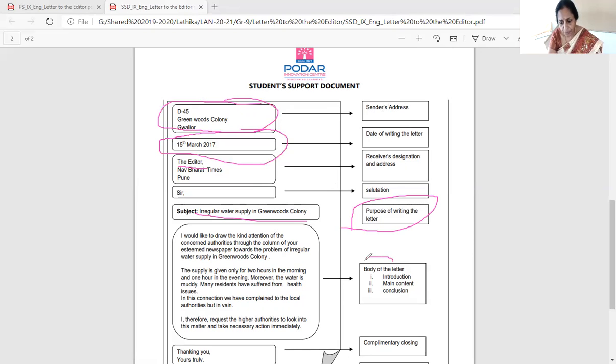Next, the body of the letter. So you can see the body needs to be again divided into 3 parts. So you will have